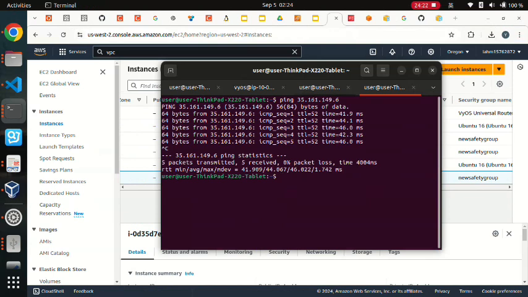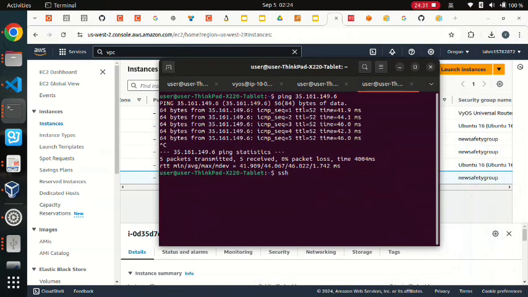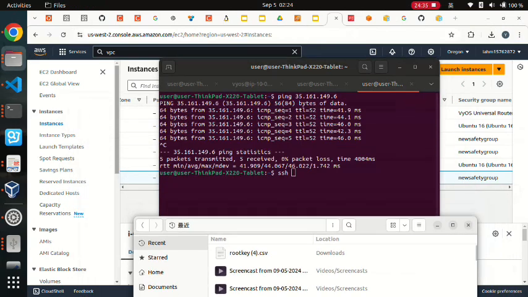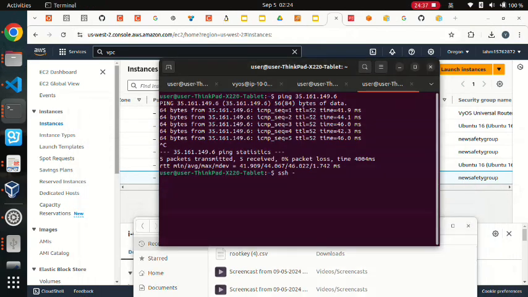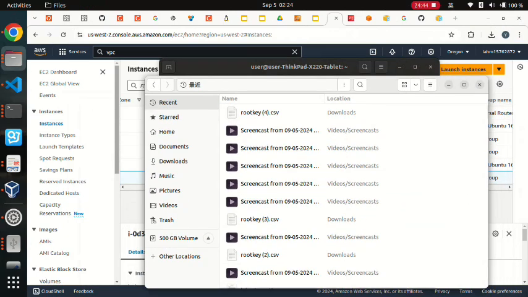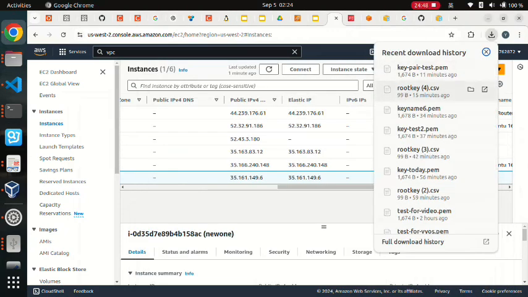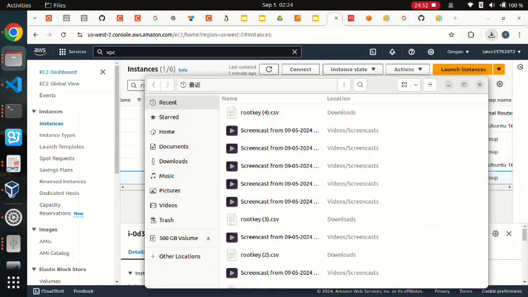And also, I think we can use SSH to try to connect to the remote PC, the VyOS. So let's use SSH and the parameter -i. It is pretty important because we have to use the key to log in. Yeah, which is here, root key. Okay,